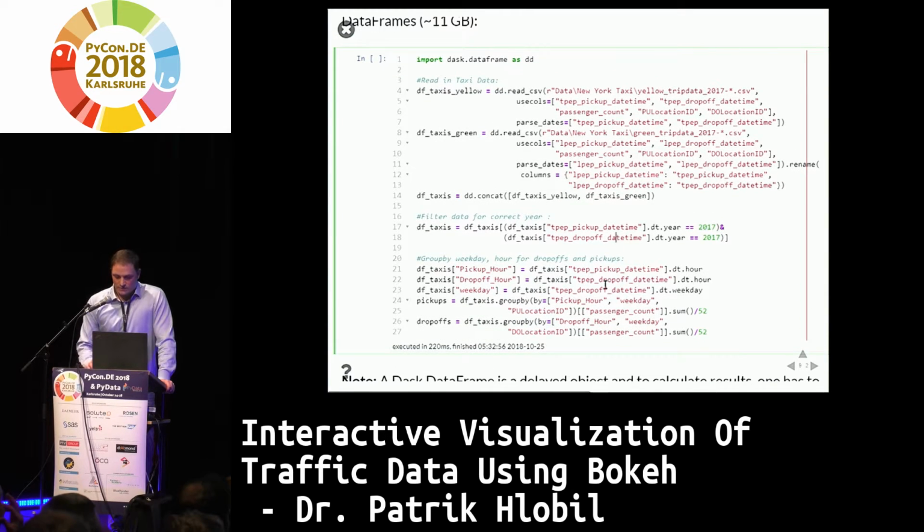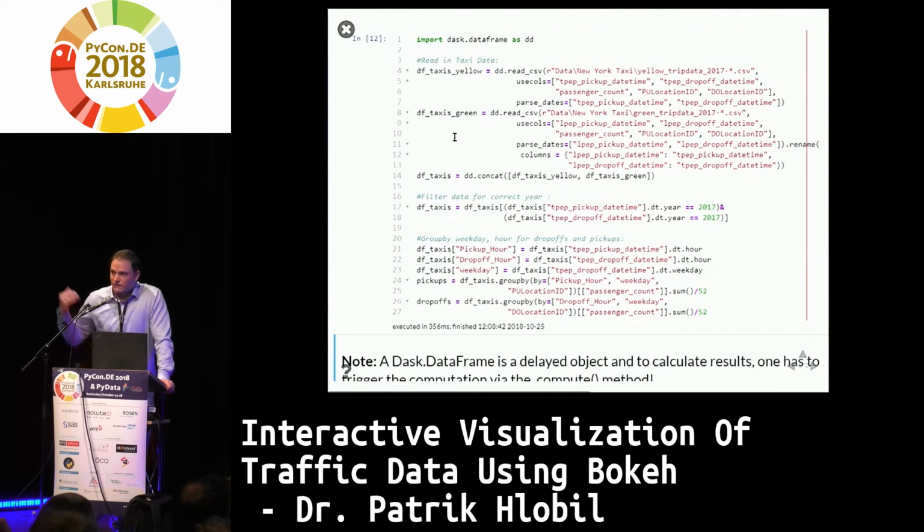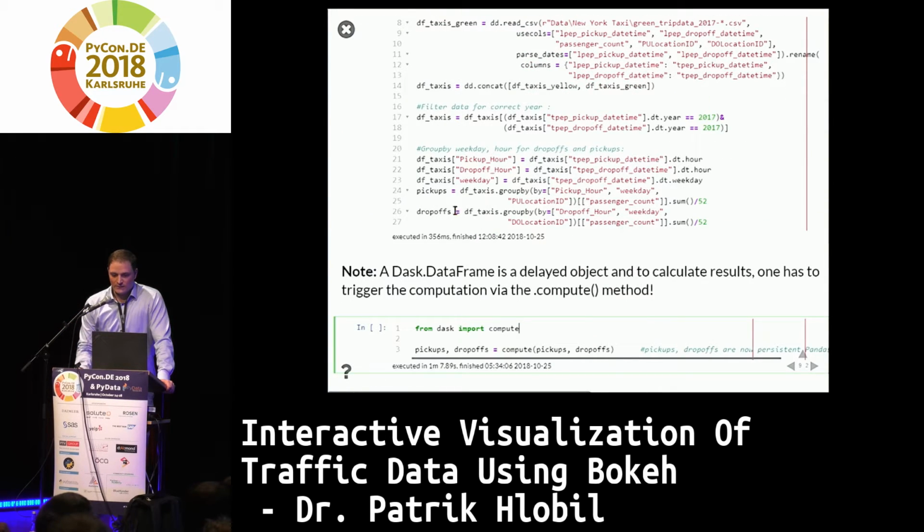That's what we do. So if we do all that, you see in 400 milliseconds, it obviously processed 11 gigabytes of data. Or not. No, it didn't, because this just defined the graph. So it's lazily computed. This just defined, okay, I'm going to do this and this and this on my data. And then it just said, okay, I'm waiting till you say I should compute it. So that's what happens here. You have to basically say, I'm going to compute now this pickup and drop-offs table, this group-wise. And if I do it,